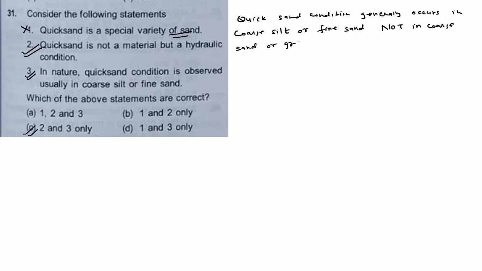Quicksand condition generally occurs in coarse silt or fine sand, not in coarse sand or gravel, because these soils are